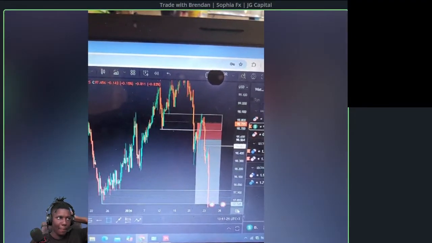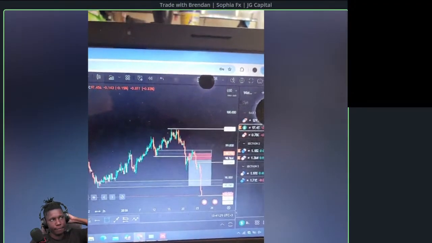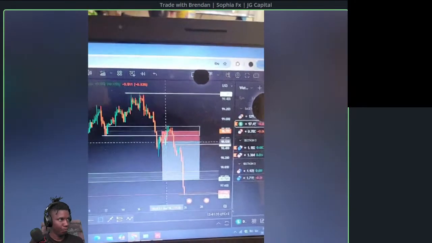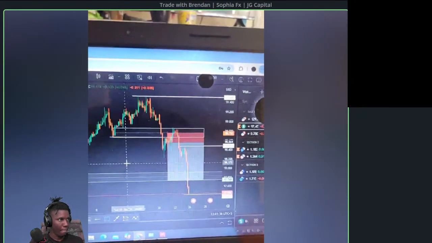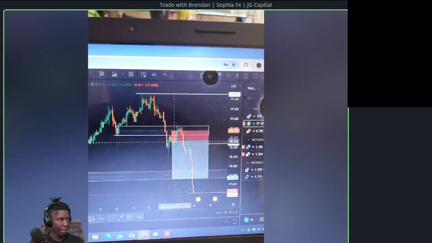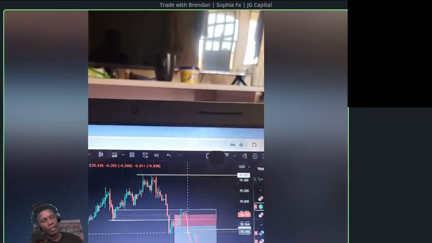Immediately it tapped. Let me zoom out so that you can see. Immediately it tapped, there was a pin bar, this pin bar around here. Can you see it, sir? Around here. Yeah, that's the candle I used to enter, placing the stop loss above and targeting this low. Yes, it came. I was in some profits. Then, unfortunately,